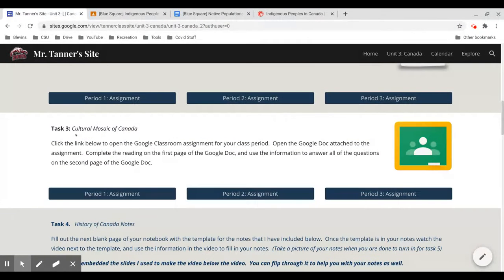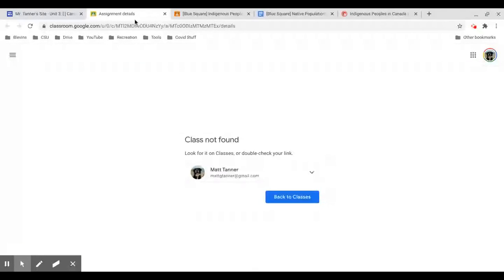Task number 3 is called the Cultural Mosaic of Canada, and it allows you to learn about some of the first immigrants to Canada. So not the native peoples now, but the first immigrants from mostly Europe and Asia. And you're going to look at how Canada integrated those new cultures into their country, and then you'll compare that to how the United States integrated new cultures into their country, something we often call the melting pot method. So when you do this one,